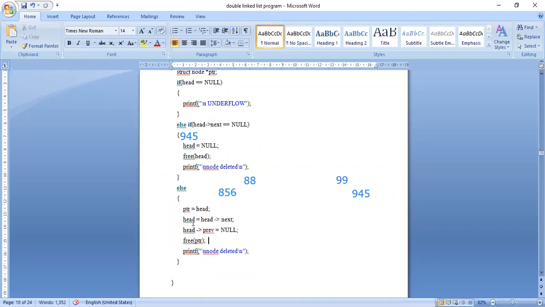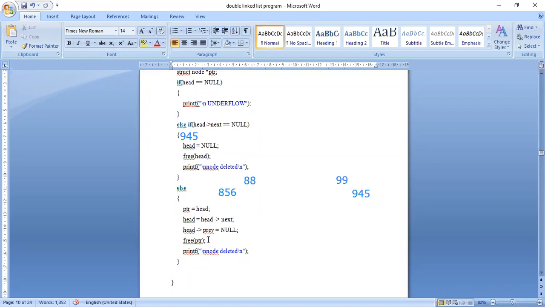Head will now store the address of the second node. And now in the second node, head of previous is equal to null, because the second node will become the first node. In the first node, the previous part will be null. So head of previous is equal to null.